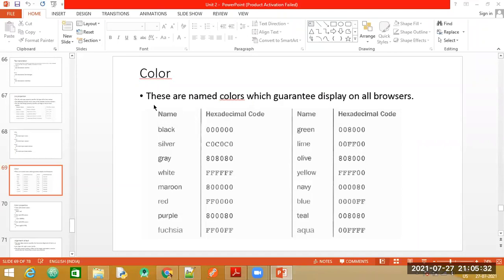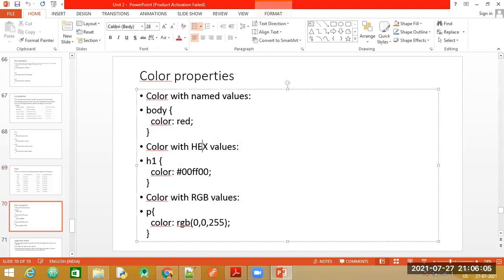Also, the different ways in which we can specify the colors. These are the hexadecimal codes for the colors. The normal way that we do is specifying the solid color name, or you can also go for specifying the hexadecimal codes. Hexadecimal codes always begin with a hashtag, and you can look up these codes in the browser. You will find them on Google. Another way to specify is like we have given there. These are the four different ways.